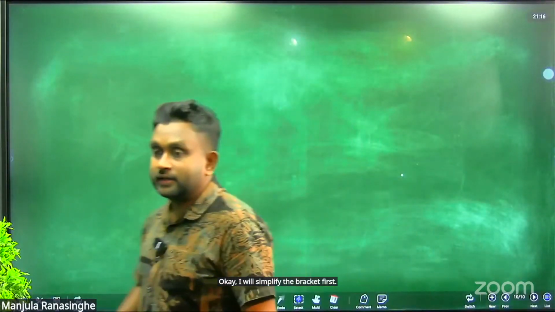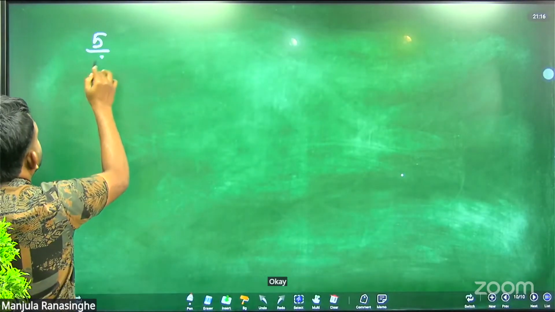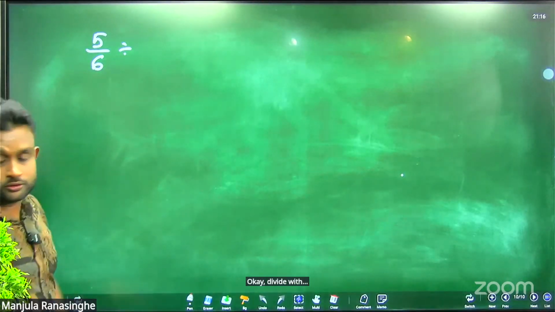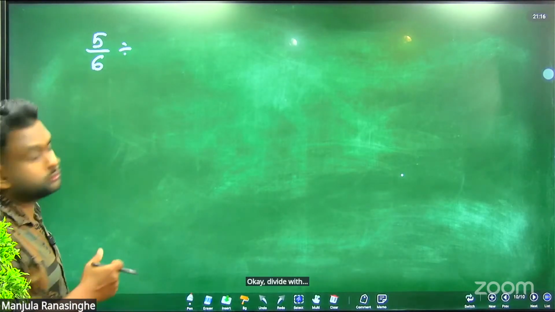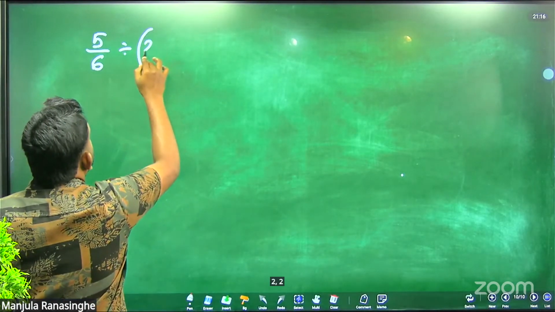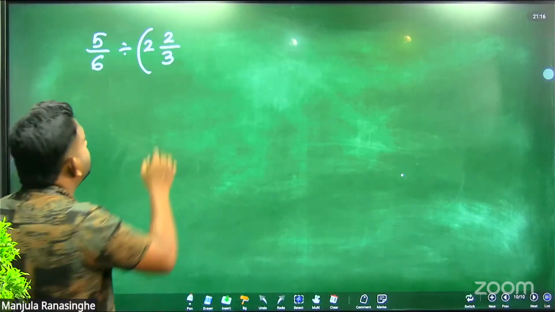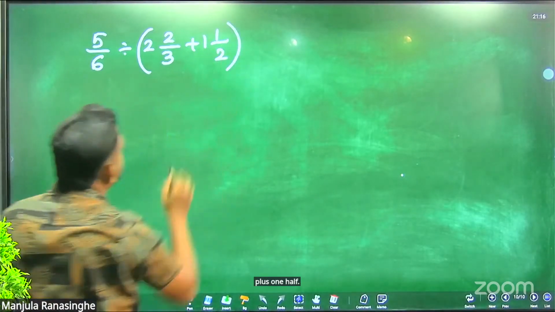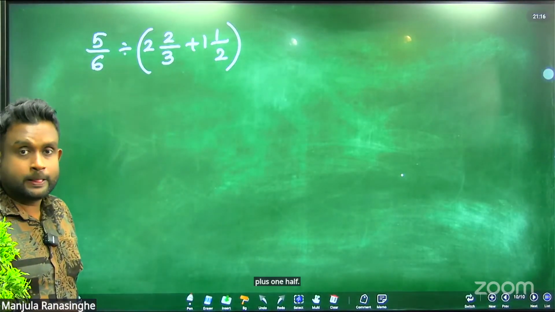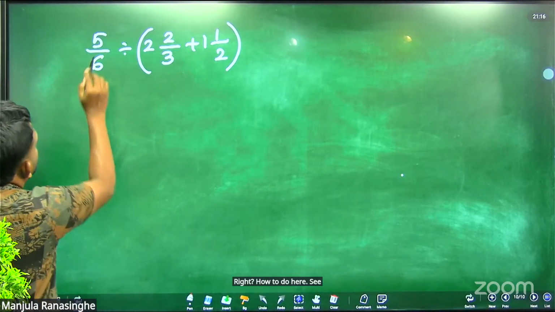Right. Part B. So here we have 5/6 divided by (2 2/3 plus 1/2). Right, how to do? See everyone, 5/6